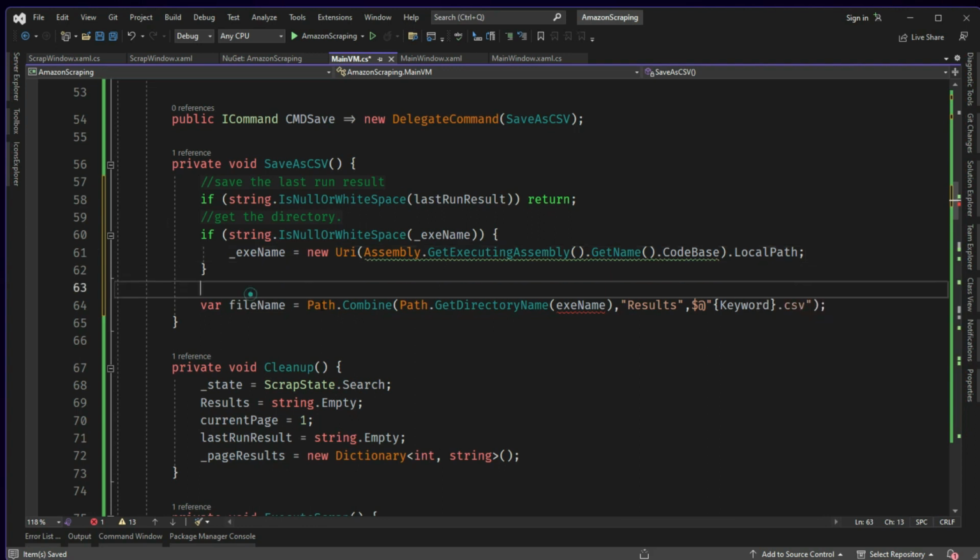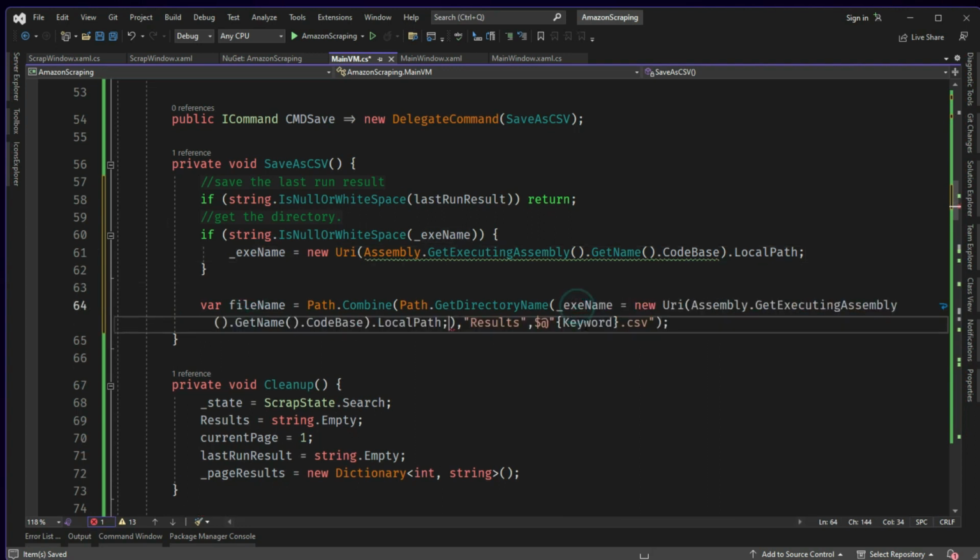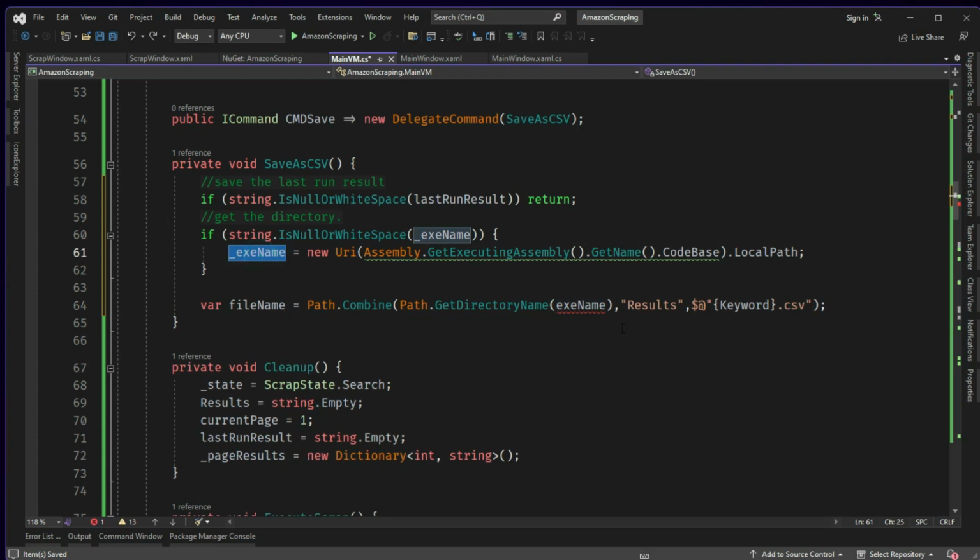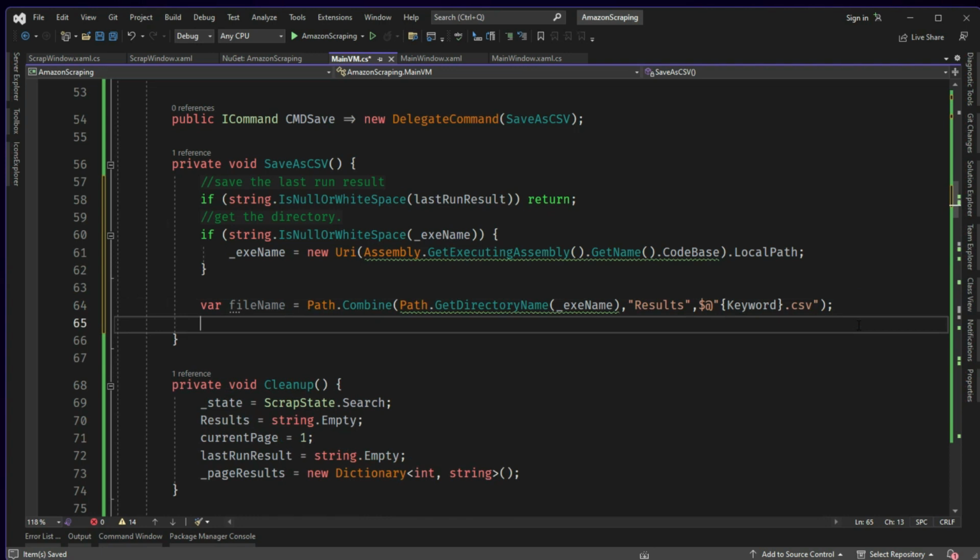If it is not empty, directly go ahead, get the name, combine it with results and combine it with CSV, and get the file name. File.WriteAllText,